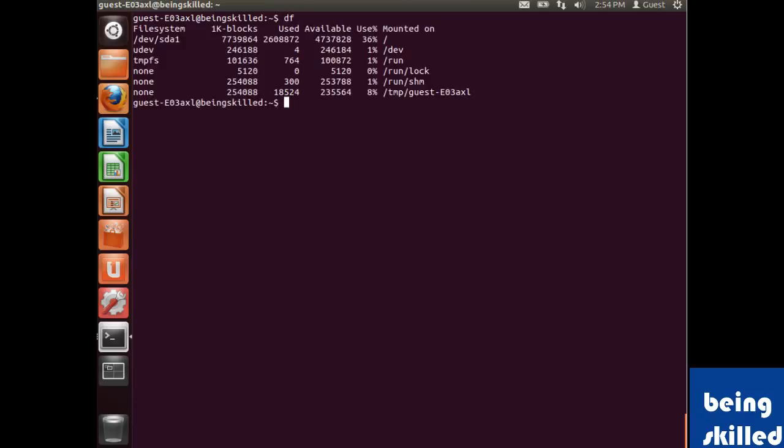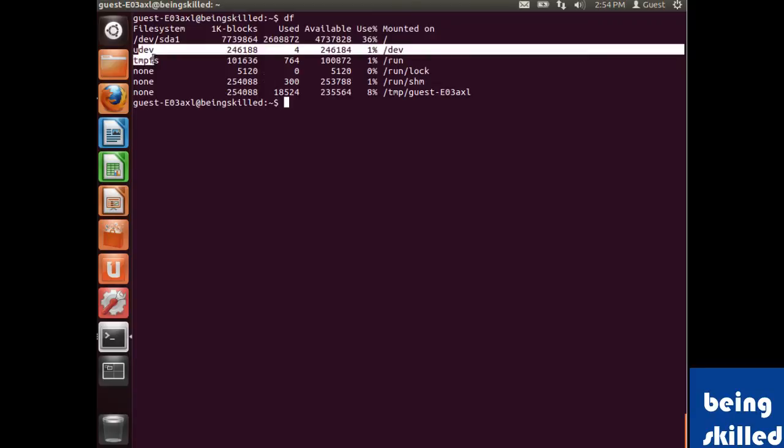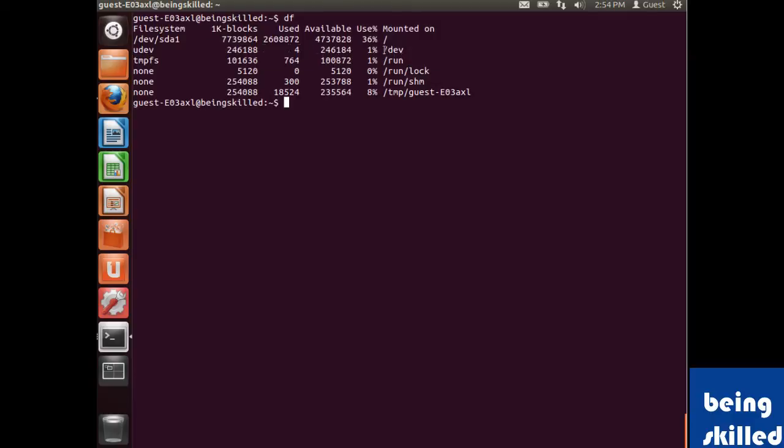So df will show us all the file systems which are available in the system. So we can see /dev/sda1, which is mounted on root. Then we have udev, which is mounted on /dev. Then temporary file system, which is mounted on /run.